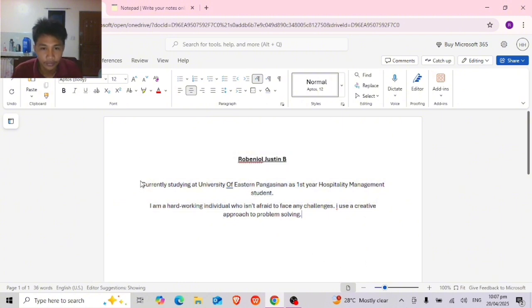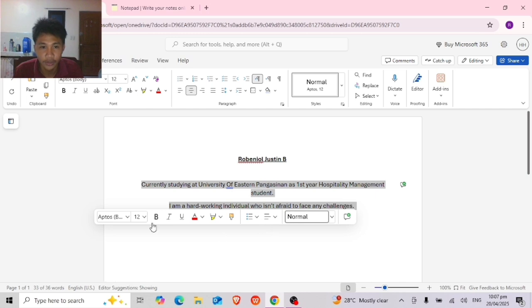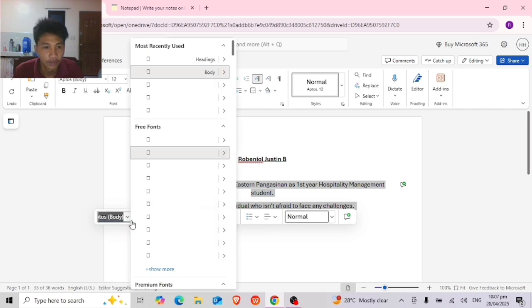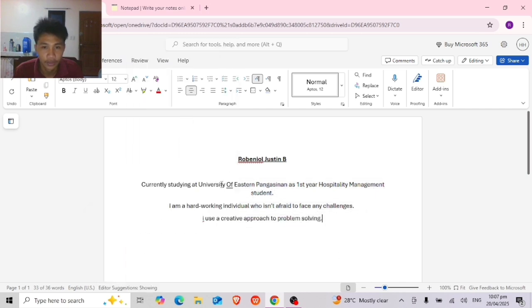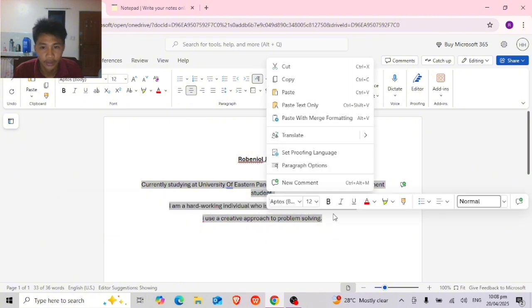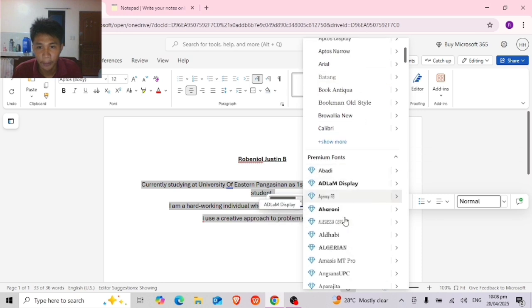Select this and let me change the font. Select here, right click, and select your own font.